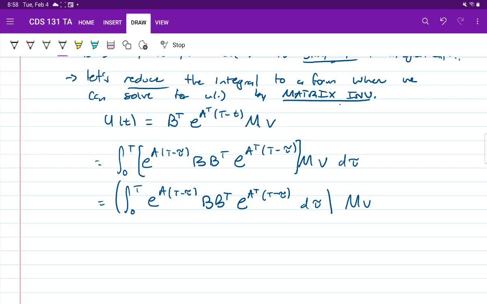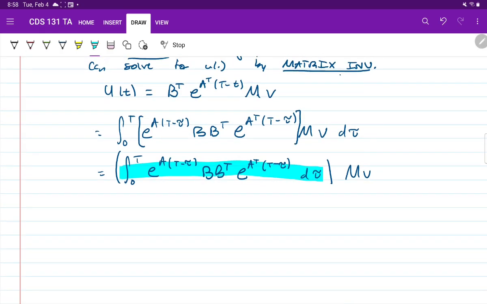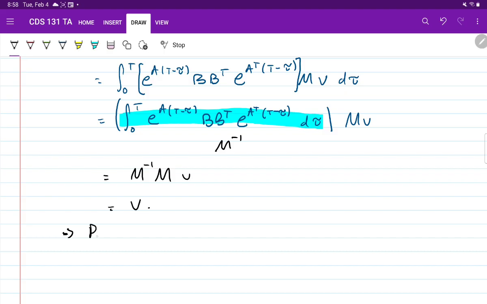So what do I do now if I want to make this entire thing equal just to x, to this fixed x that I defined earlier? Well, now that this matrix is square, maybe it could be invertible, all right? Let's assume for a moment that it is. If this matrix is invertible, let's define M as the inverse of this, okay? And if we do this, then this expression is equal to M inverse times M times v, which is just equal to v, right? So then if I pick v equals x, then I should solve my problem.